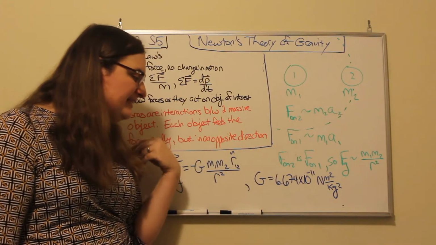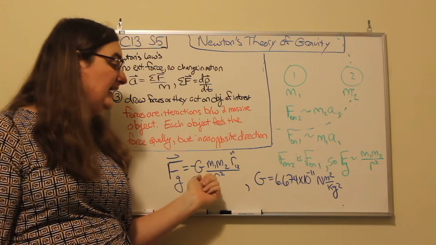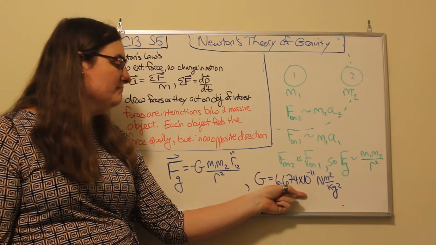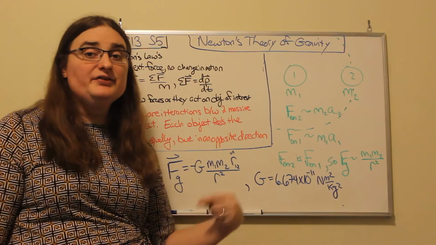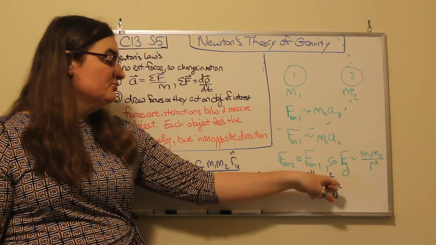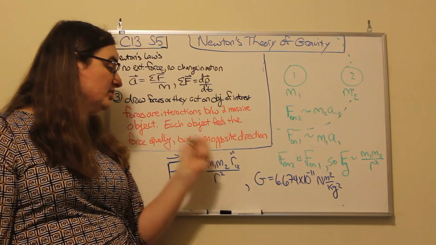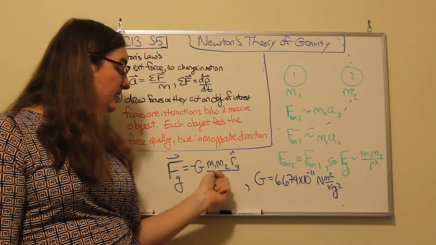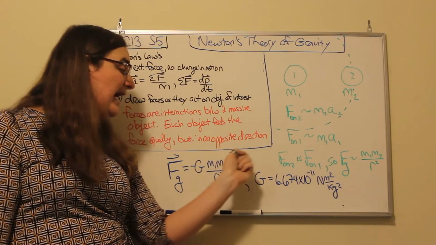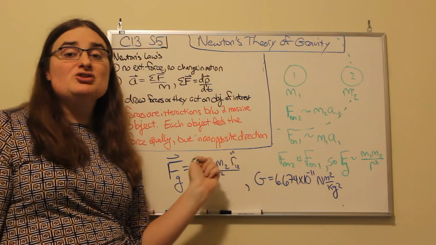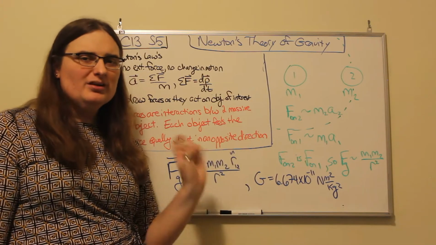So, as best as Newton could explain, the force of gravity appeared to go like a constant, which our current measured value is 6.674 times 10 to the negative 11 newtons of force times meters squared over kilograms squared, times the product of the mass of each object divided by the distance between each object's center squared, acting on a radial line between the two objects that is always attracting. And just one note,